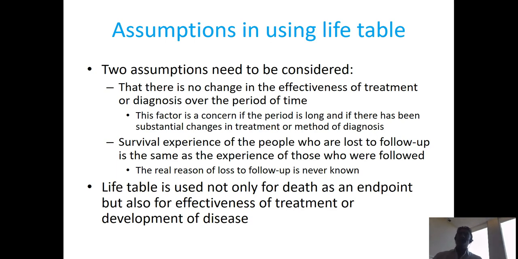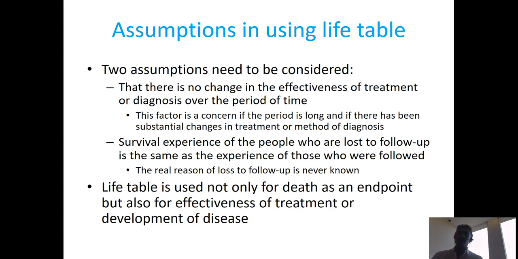curve. The second thing, and the most important thing, is the survival experience of the people lost to follow-up has to be assumed to be the same as those who were followed. What does that mean? It means if you're in a study and we're watching to see how many people in the study survive a certain length of time, and we lose track of 5 people, if those 5 people left for a reason that's relevant to the study, like maybe they were so critically ill they're about to die anyway, and so they went off to die on their own, well, we need to know that because they were a particularly vulnerable and likely to die population that would have reduced our survival rate. So in absence of knowing that, we have to assume that they have the same chance of dying as everybody else. So it's important that when we do survival analysis, we do so on a topic for a therapy or an intervention that does not confer any particular advantage or disadvantage depending upon if you are lost to follow-up or